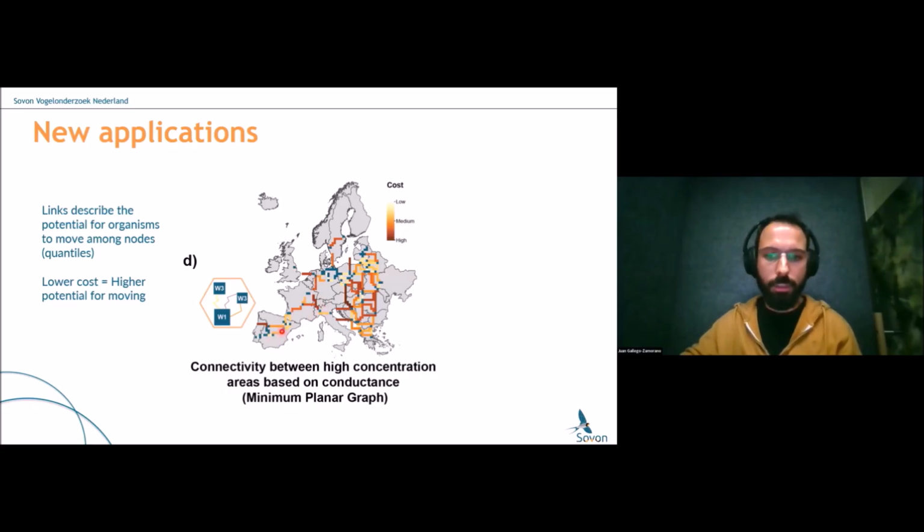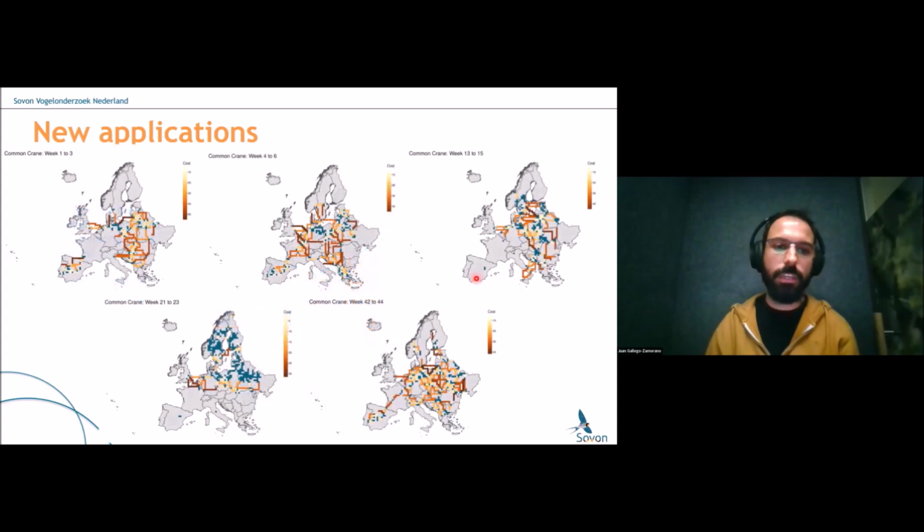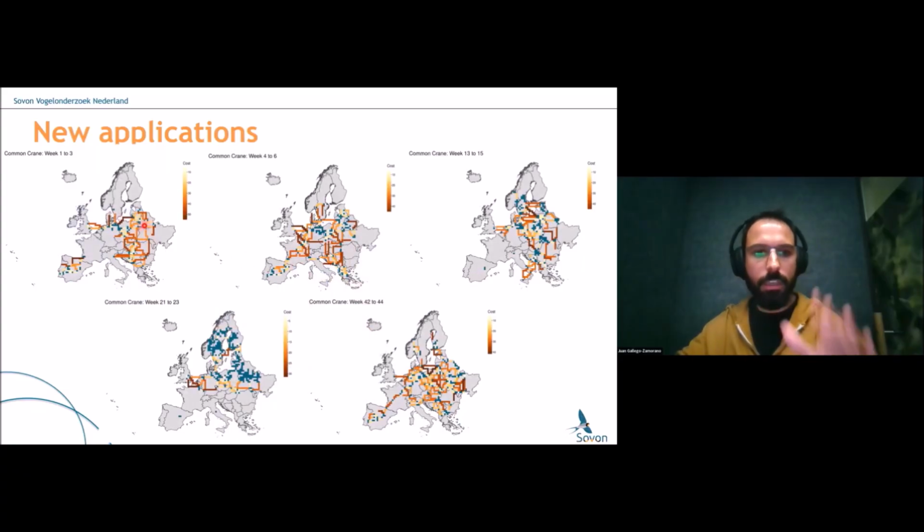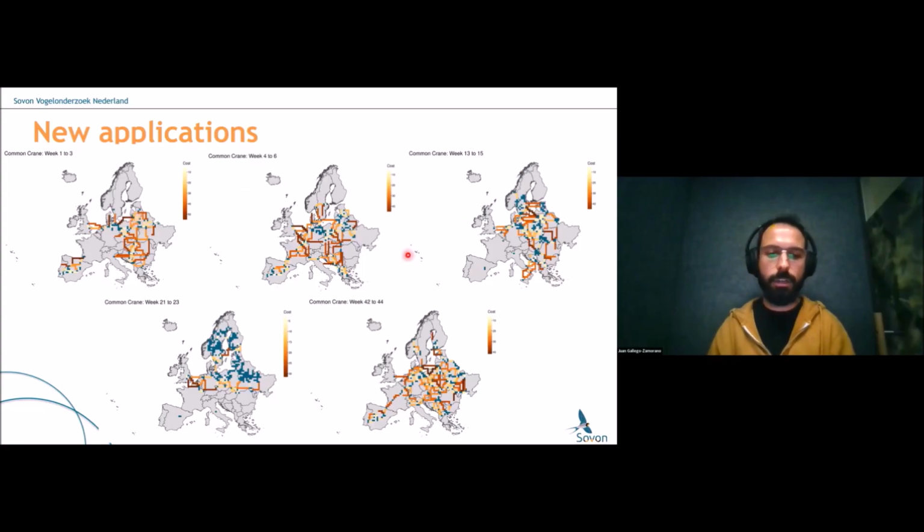So we know that these pathways that are lighter in color, for example, are less costly for the birds because they use them, than some dark pathways that they are probably very unlikely to use. So thanks to that, we can observe the possible movements within Europe of the different bird species at different times of the year, and then infer, for example, that this migratory path is repeated over